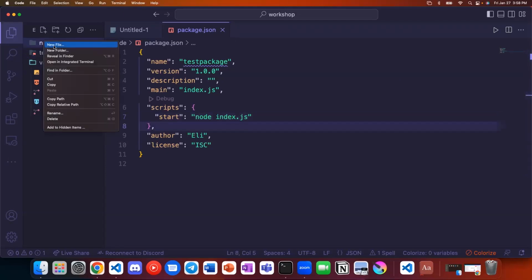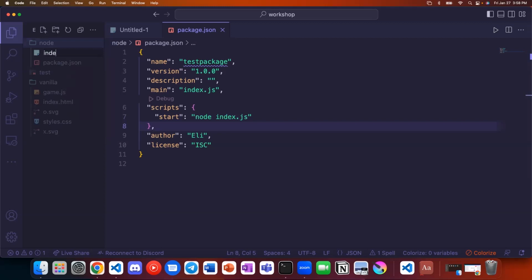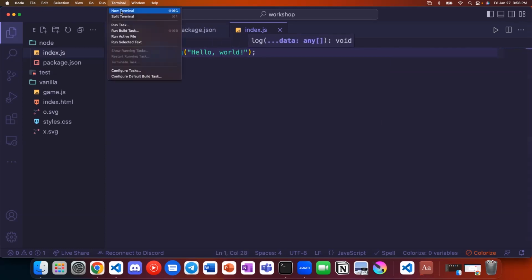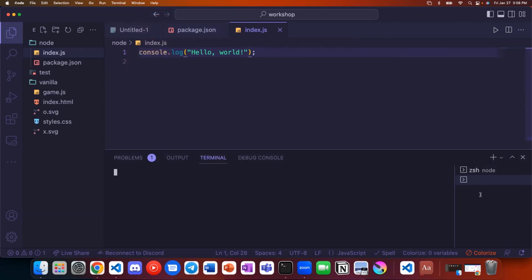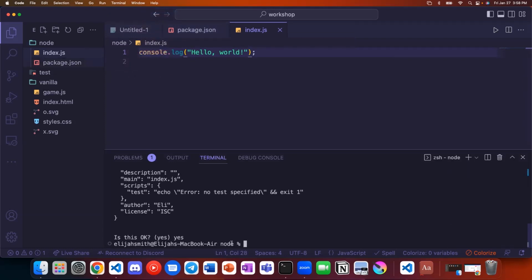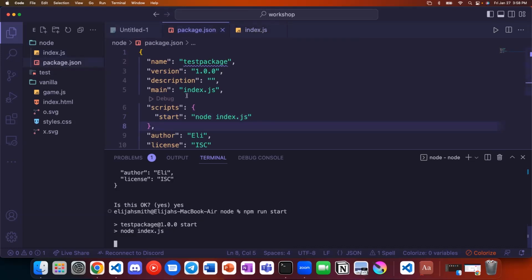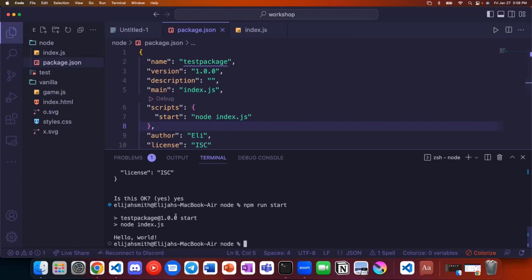And now if we go in here and we create a file, which we called index.js, console.log, hello world, then when we go into that same folder, so inside of our node folder, if we run that script, npm run start, then it executes just like a standalone program. There's no interaction with the browser.